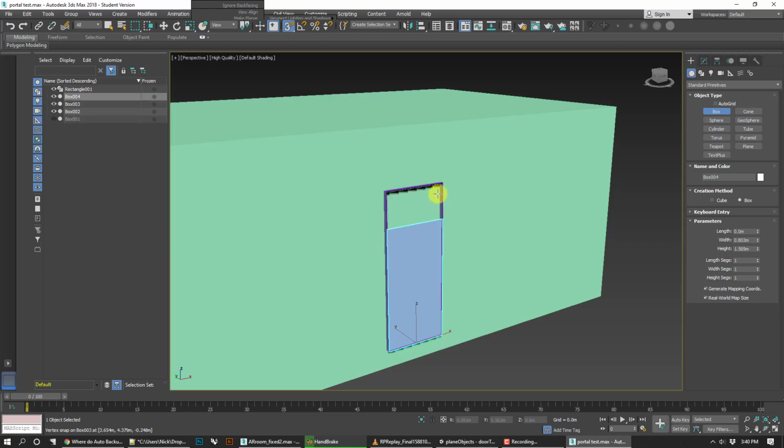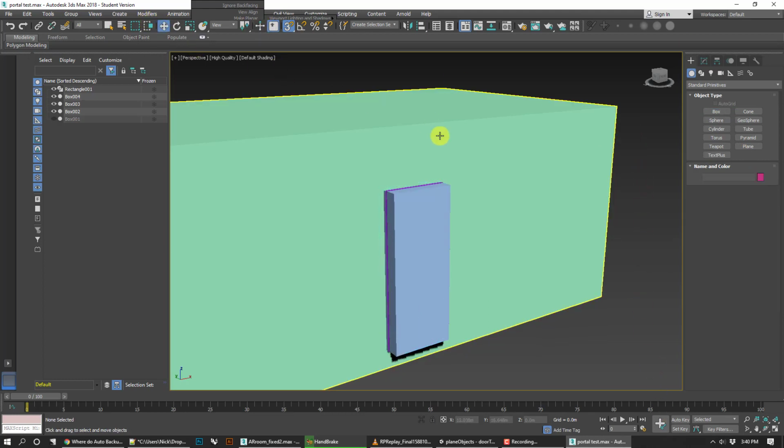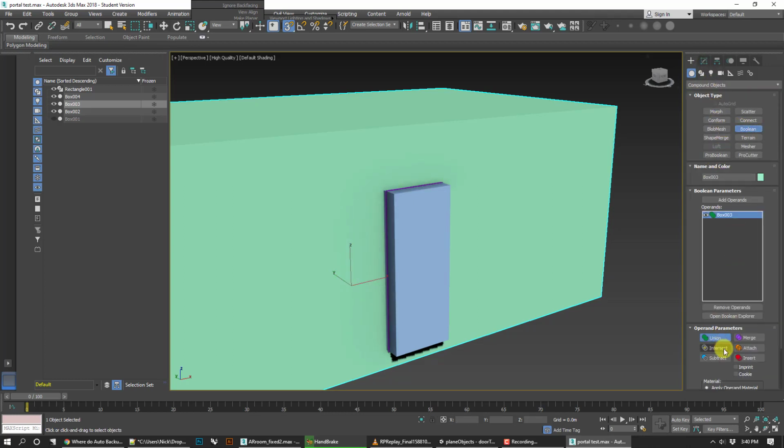That's kind of not a great thing anyway either. Let's go ahead. This is probably fine. Okay, so I'm going to do this. Now this one, what I want to do is go into compound objects and go Boolean subtraction and then add that. And then that'll actually